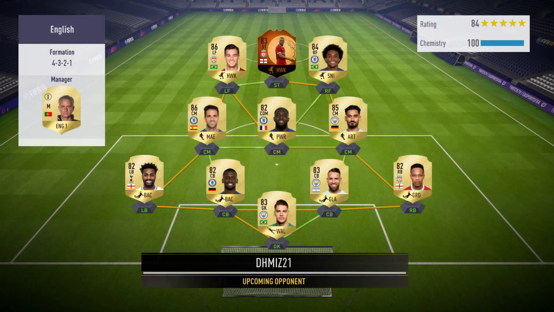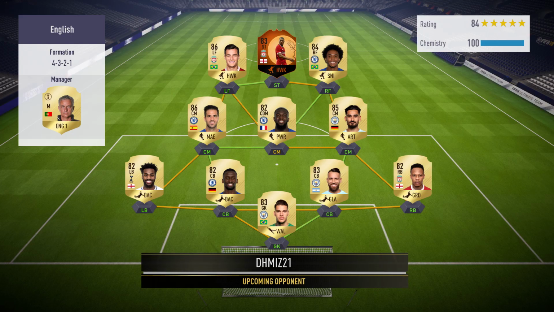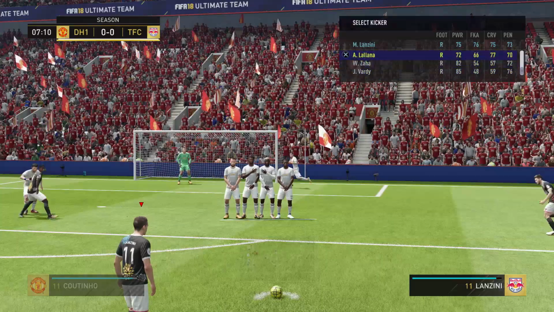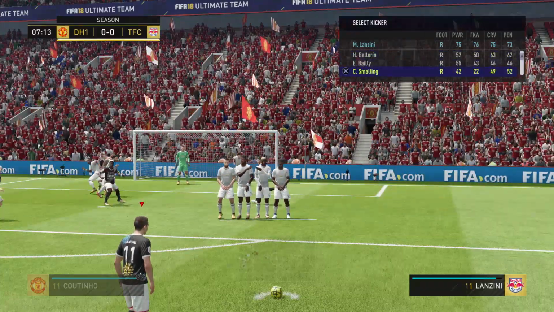And that Moy actually does have very good stats. I can understand why he was used in so many teams. So let's see how these guys get on. So moving on to this first match, this guy's got a 4-3-2-1 with Danny Sturridge up there, the Halloween version,